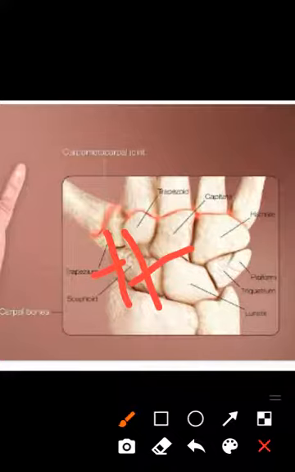Between these two muscles is the anatomical snuffbox, and in the snuffbox you can palpate the scaphoid bone. Commonly it is injured here, and its fracture occurs here. The sign of a scaphoid fracture is tenderness in the anatomical snuffbox,